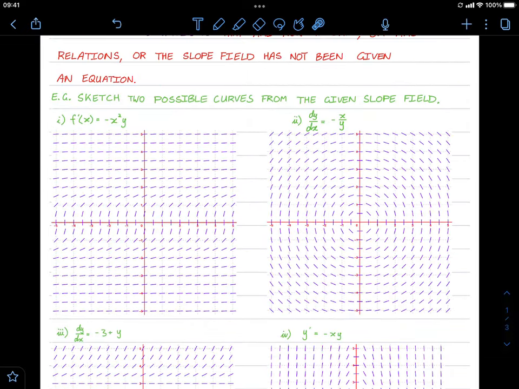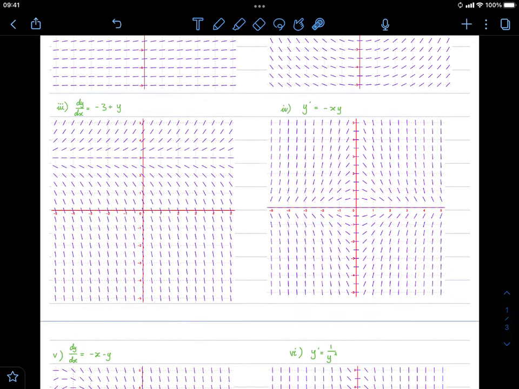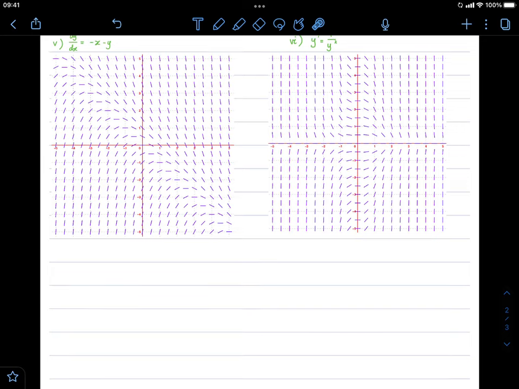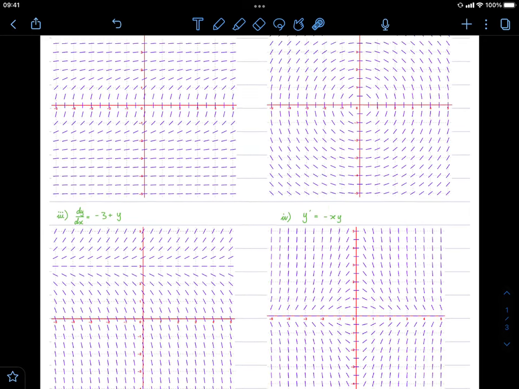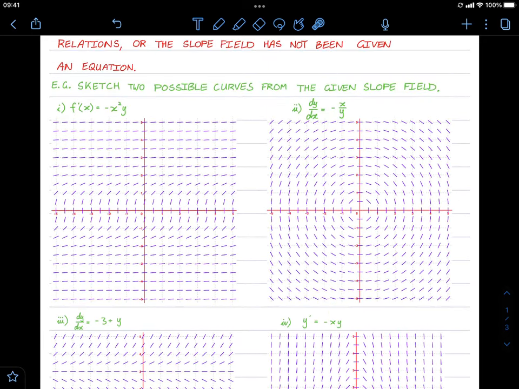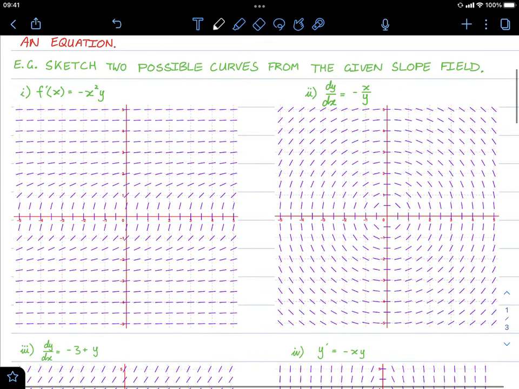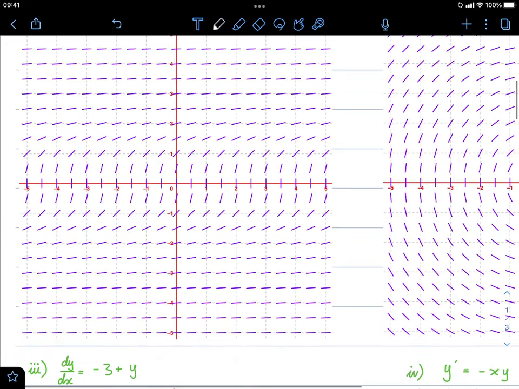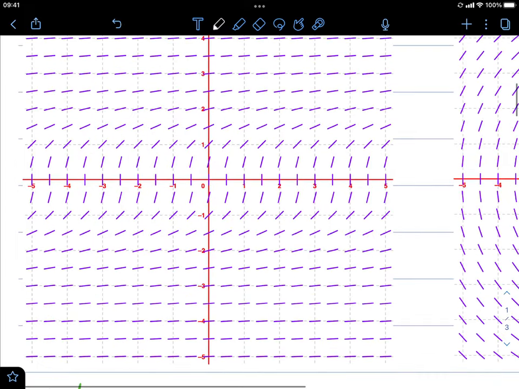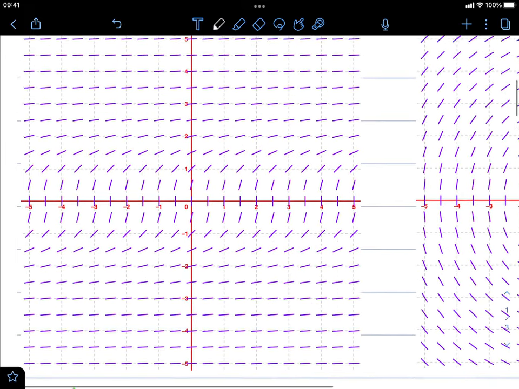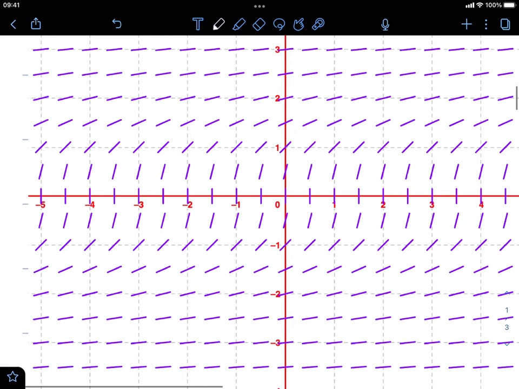So here they are, 1, 2, 3, 4, 5, and 6. You can pause at any time and give these a go yourself. But let's actually get to it with sketching these. Now remember, we can pick any point that we like, and we should try and follow the slopes of those points that we've picked. So for example, if I were to pick the point